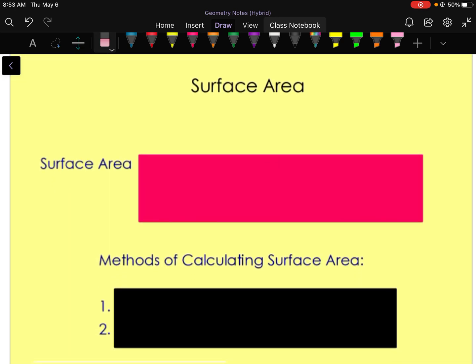Okay, let's first define surface area, because what this whole unit is going to be about is we're going to find surface area and volume of different three-dimensional shapes. Like I said, today is prisms. So just in general, the definition of surface area is the total area on the outside of the figure,